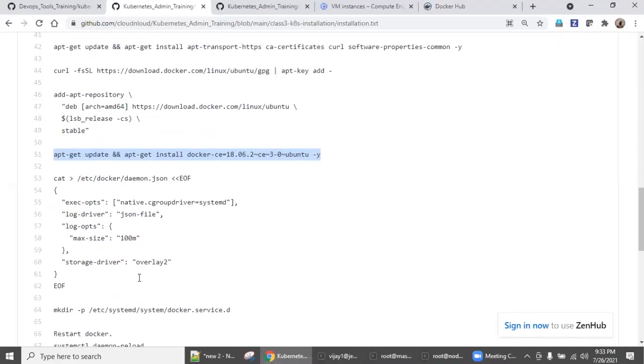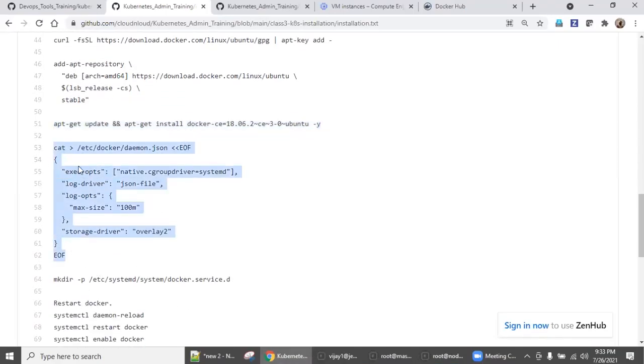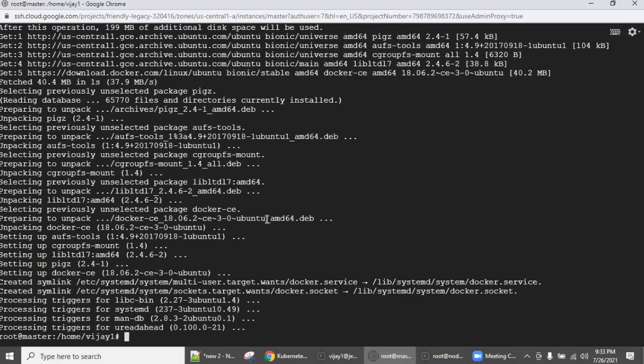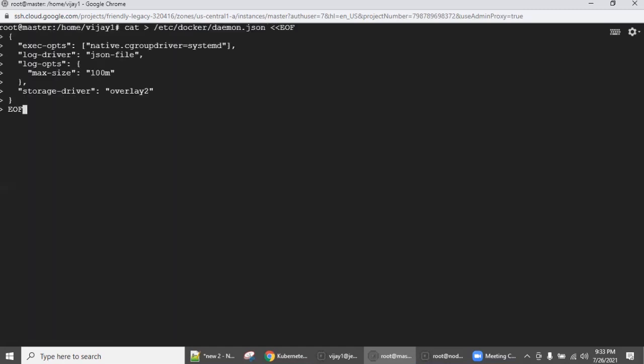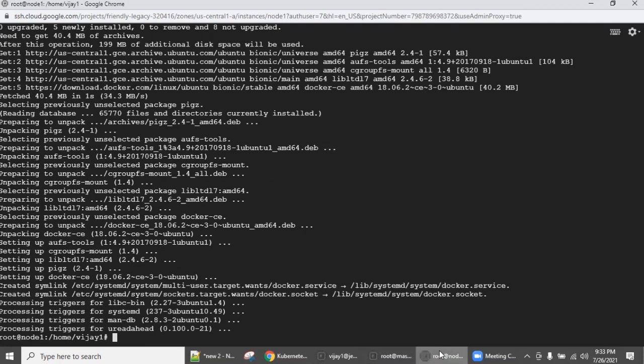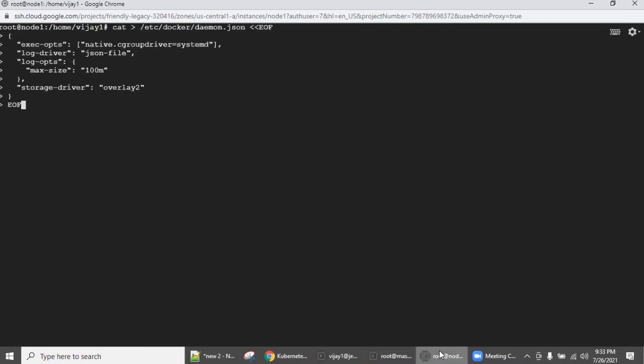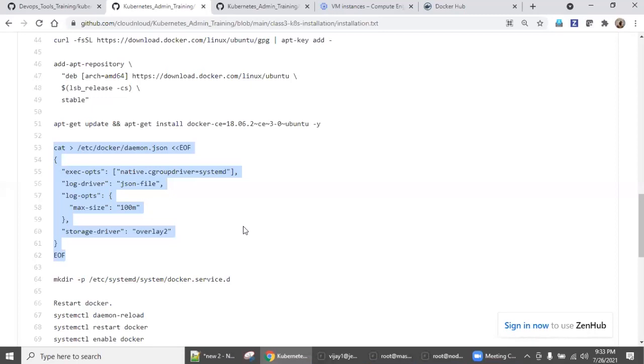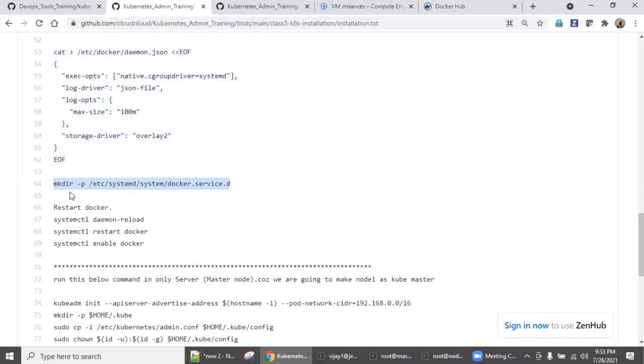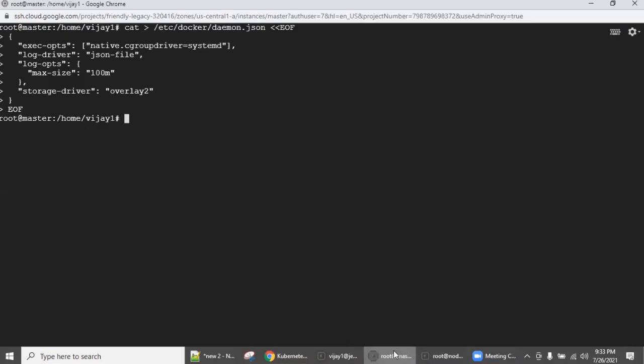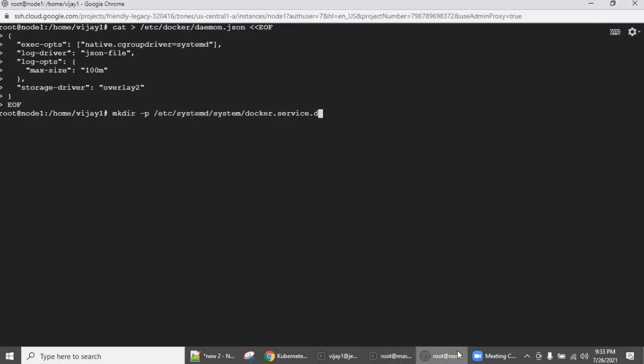After that, we will add the daemon privilege resource allocation. So we will do it as per the maximum 100 MB size. So we will go here and enter it. Now we also want to make sure the service is persistent and check the service status.